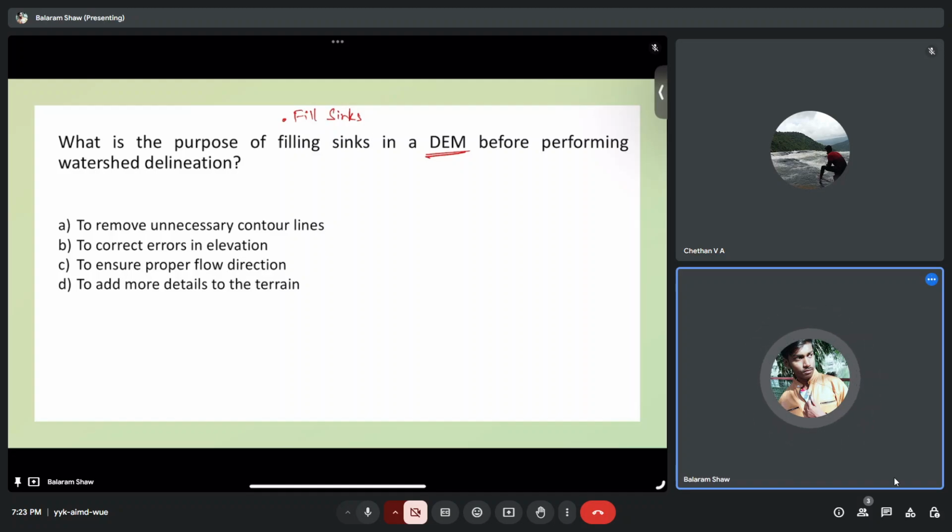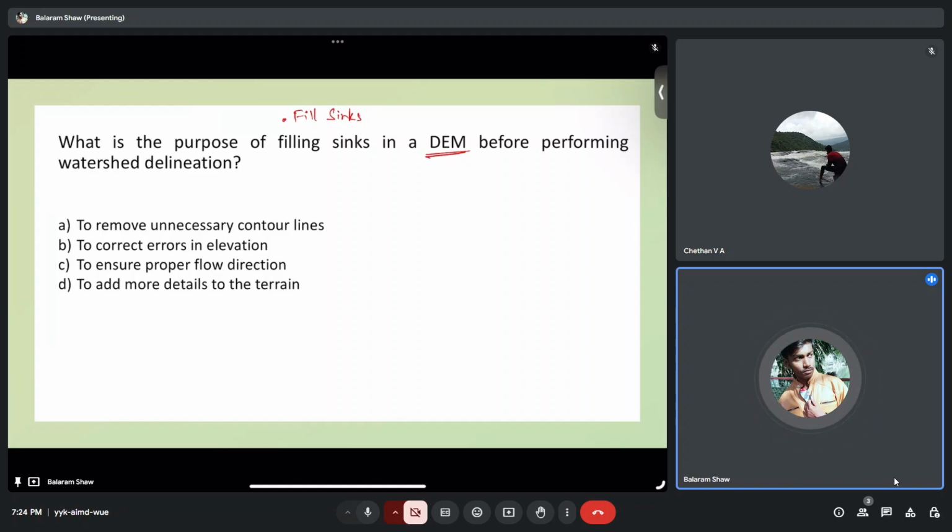So to correct those errors in the elevation, we do the fill sinks. Why are we correcting these errors in the elevation? We are correcting these errors in the elevation to ensure proper flow direction. Otherwise, what will happen? Let's say some water is flowing, and there are some depressions in it,